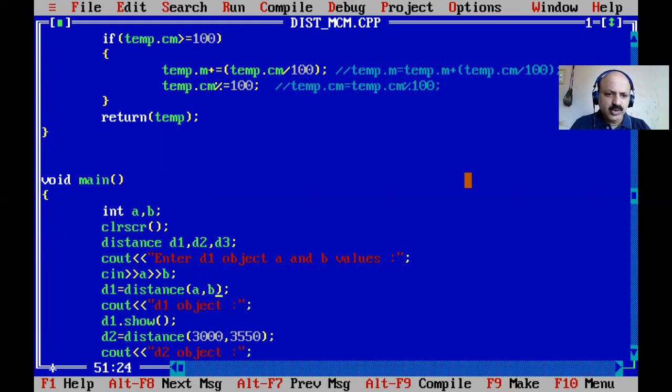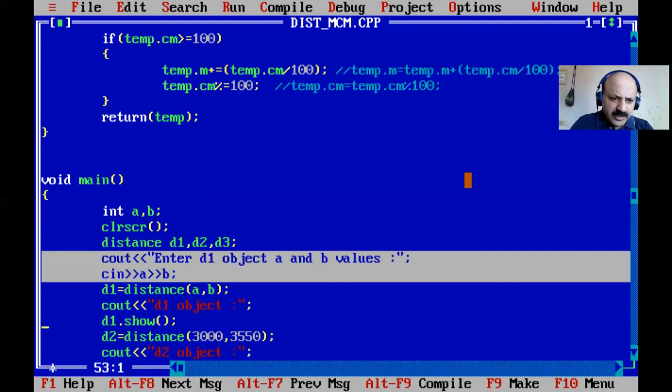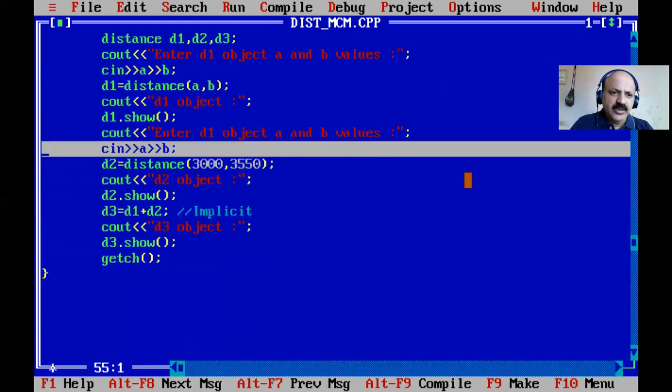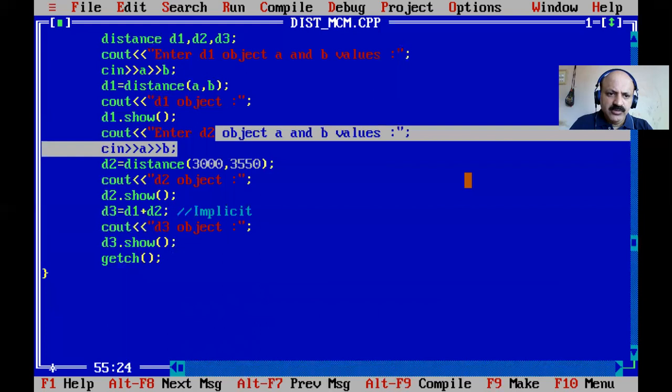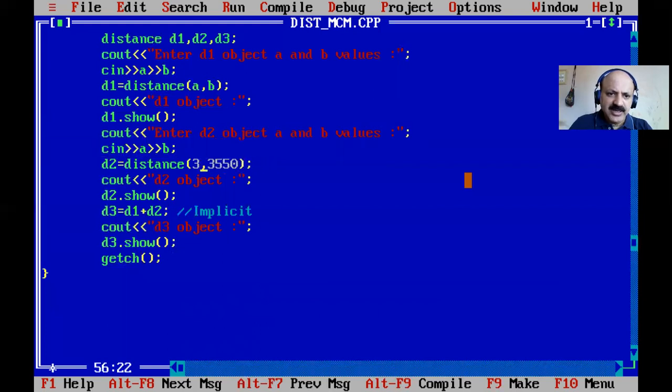You can choose at runtime to pass the user value, and I copy, and here, yes, paste. So same process, D2 object. Here we can also take A and B values, same variables used, and here pass the A and B values.